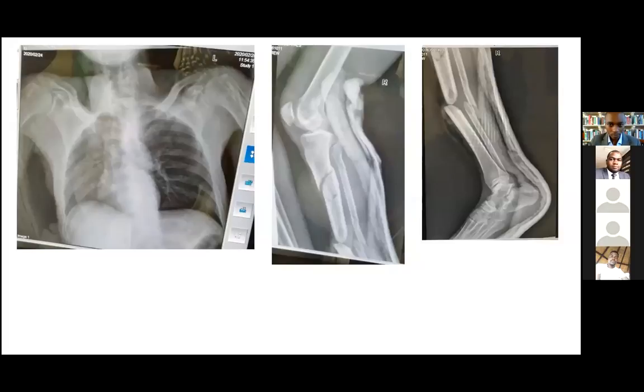I cannot very clearly delineate the soft tissues, but there appears to be a back slab on one of the films. Then on the chest X-ray,